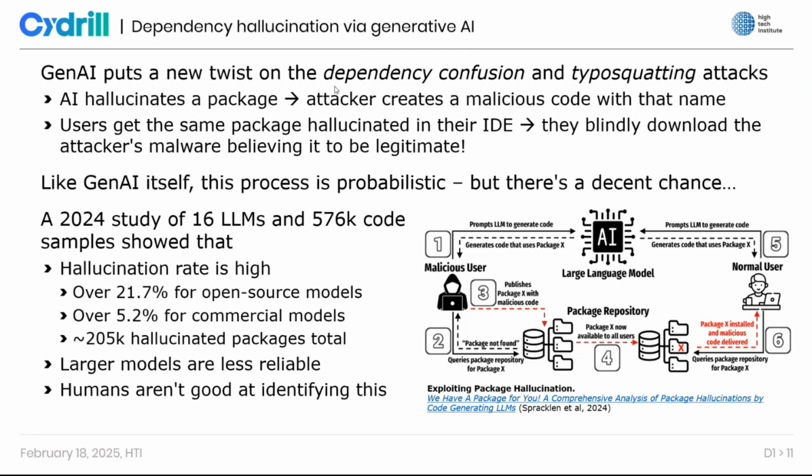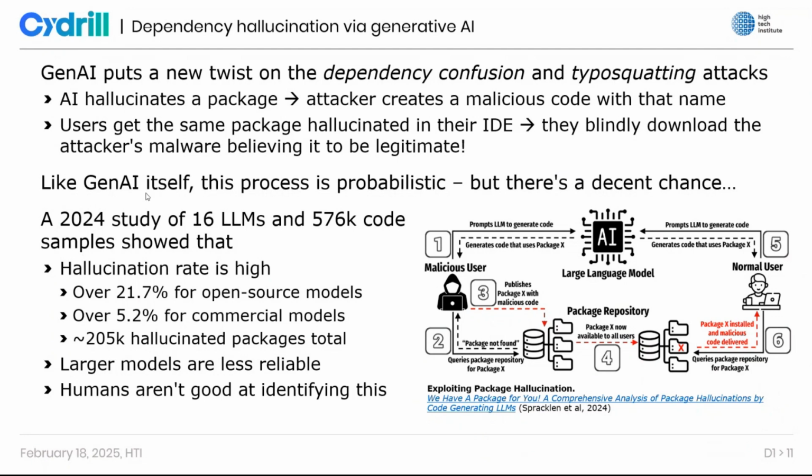So these attacks already existed, but you can see that in both of these cases, I made a mistake, me as a developer. And there are tools that will help me identify these mistakes pretty easily because they will say, hey, do you know that you are actually using the wrong package? Or did you know that you are not downloading the one that you are supposed to be using? But let's now take a look at what happens if we use AI to generate the code through this entire process.